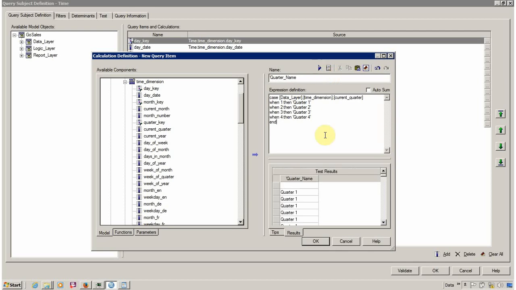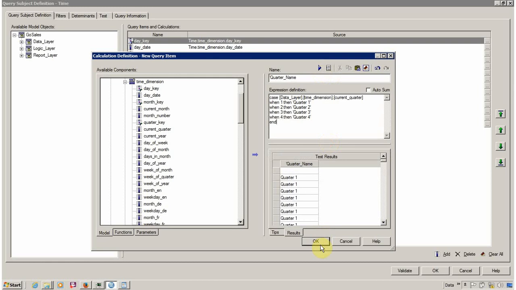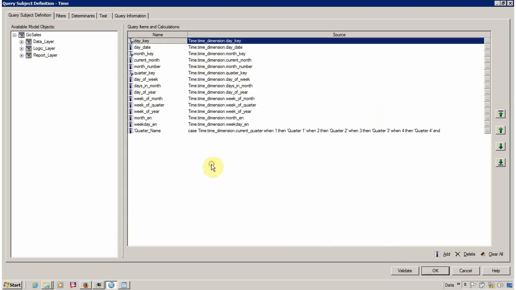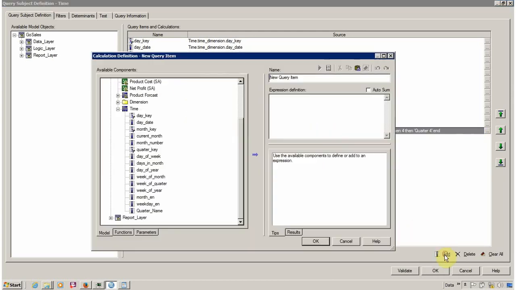Let's test whether it is working or not. Yes, it is working. Click on OK, and I think something is wrong inside name, so let me delete this. Okay, now I want to add a new column, and I'm going to name it year, and inside this